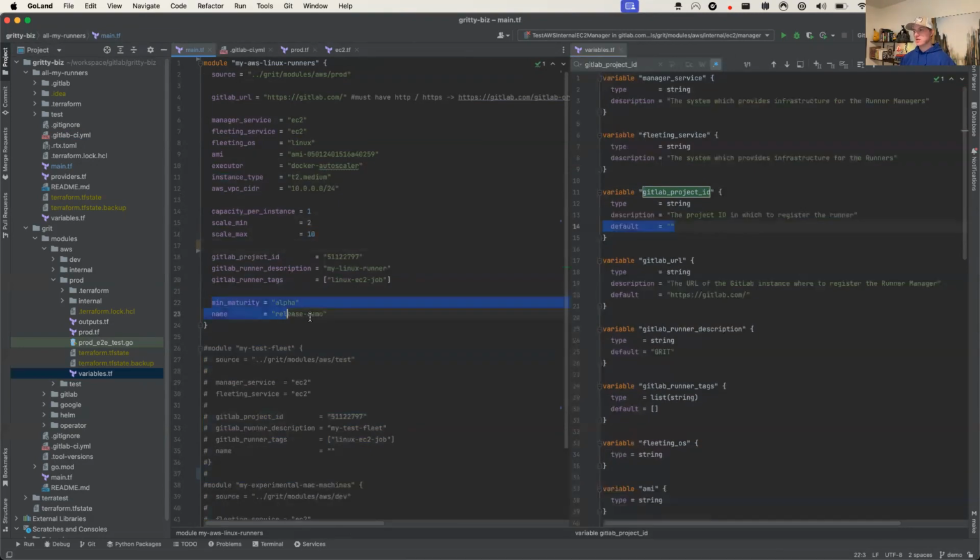And then we get to a couple very important pieces that are required in the production module specifically. In this case, min maturity. This is where you say, what is the minimum maturity that you expect when deploying these runners and all these machines in order to guarantee stability? If you're willing to accept an alpha release level of stability, then you would say alpha. If you want beta, you'd say beta. If you want it to be stable, be backward, forward compatible,